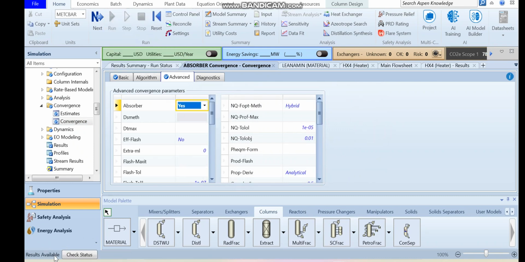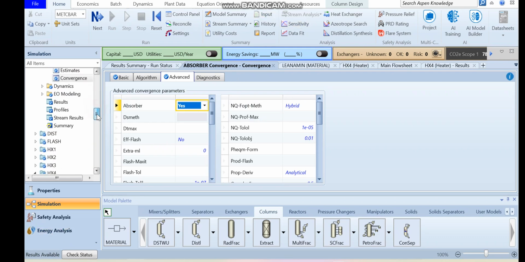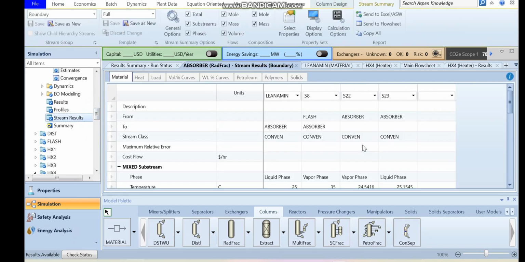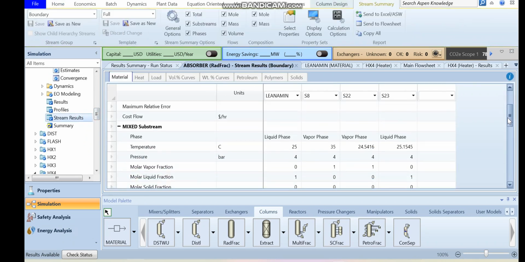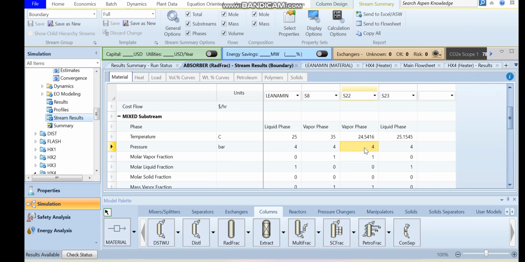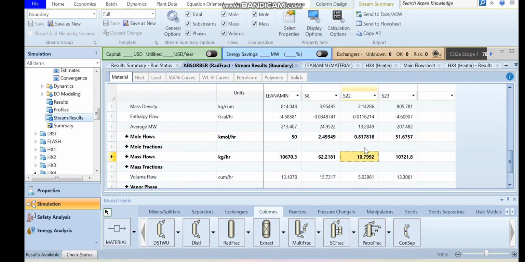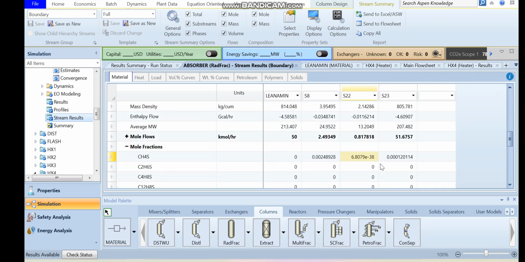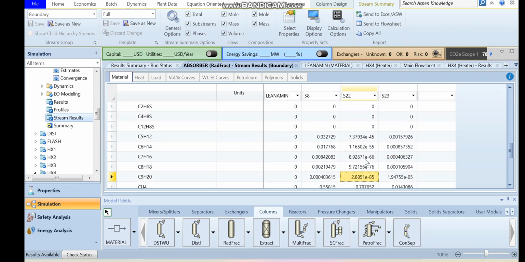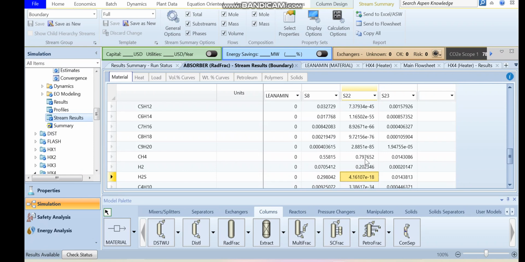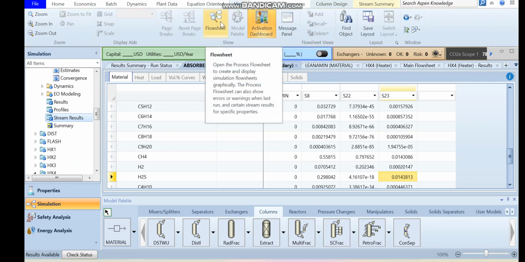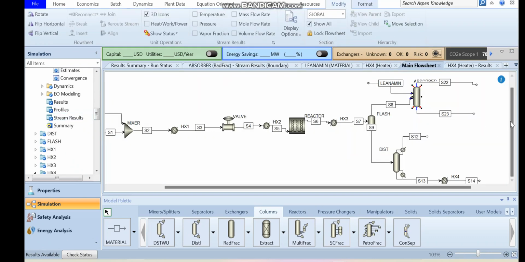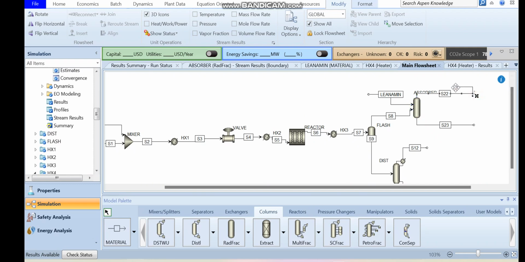Okay, now you can see that results are available. If I go to the results, stream results, here you can see that the H2S is now removed, this small fraction. And you can see that there is no H2S in the product stream. Now go to the flow sheet again, and here we need to